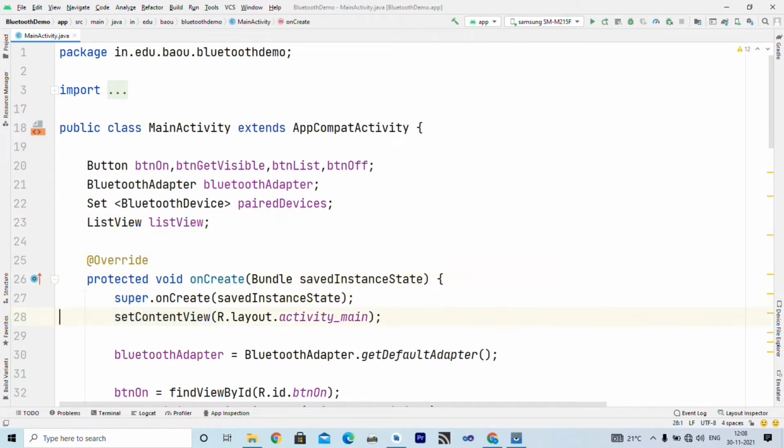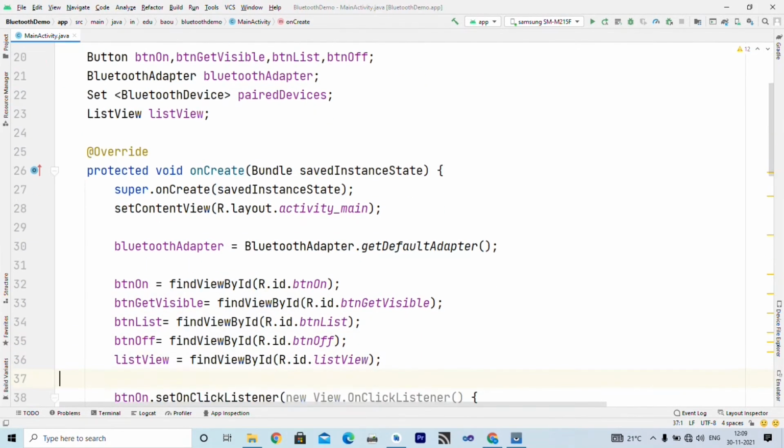Now the first line is set content view, which sets our layout file as the content view. Then we can create an instance of Bluetooth adapter by calling the static method of Bluetooth adapter, get default adapter. So when you call this method Bluetooth adapter dot get default adapter, we get an instance of Bluetooth adapter inside this object.